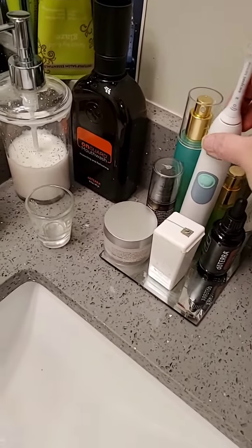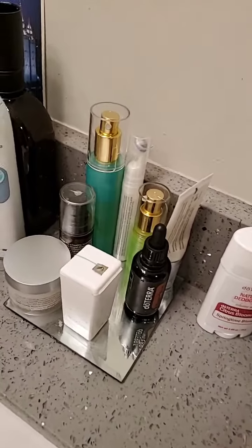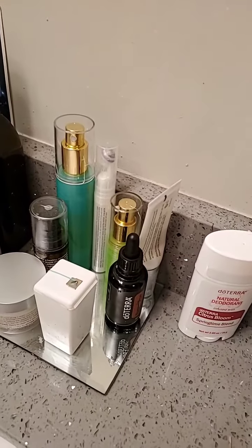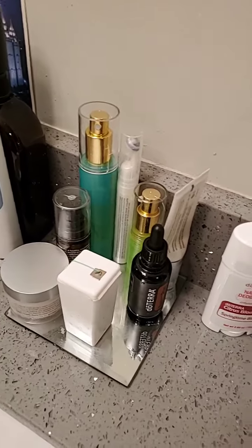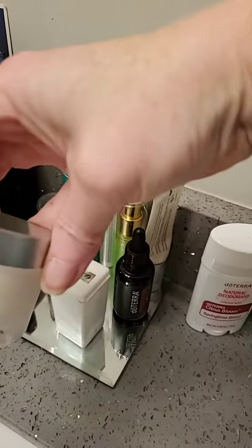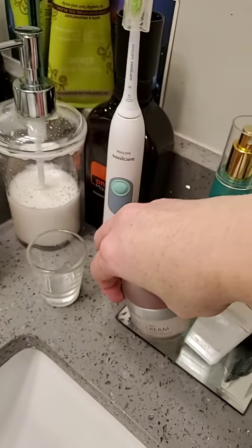And this is what I use for skincare. This is nothing fancy. It's actually a combination of the two systems. I've got my Virage, and then I've got the anti-aging skincare, the essential skincare. Right now, I have the hydrating cream,